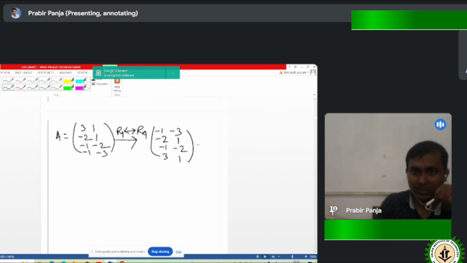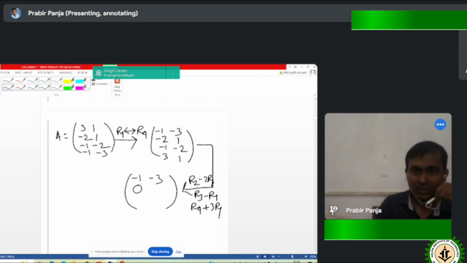Okay, now if we take another operation here, if we take R2 minus 2R1, R3 minus R1, R4 plus 3R1. If we apply elementary row operations over this last updated matrix, it will become minus 1 minus 3,